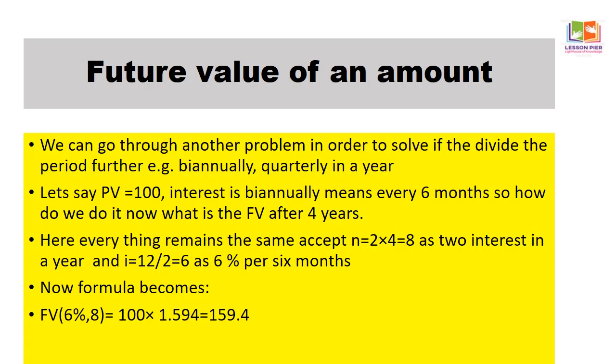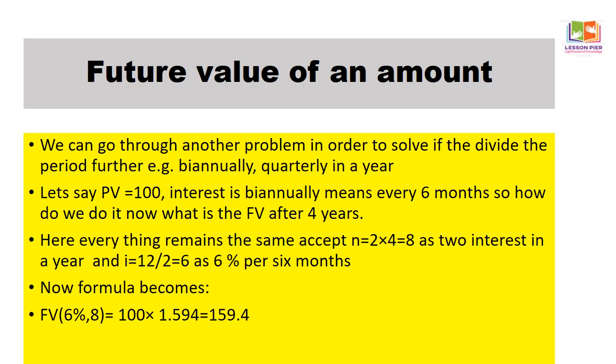Now, discussing the same future value of an amount, let's go to a little different problem. Let's divide these interest payments biannually, or maybe we can divide them quarterly also. That means every 3 months a part of the payment is there. But the interest rate, remember, is always named after the 1 year percentage. That is subdivided further into quarterly or biannually for these kinds of problems.